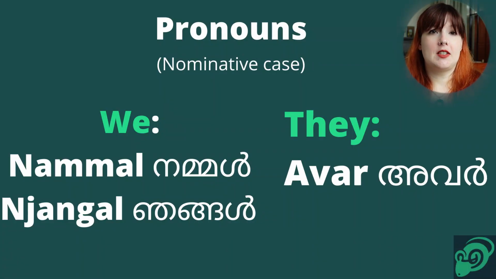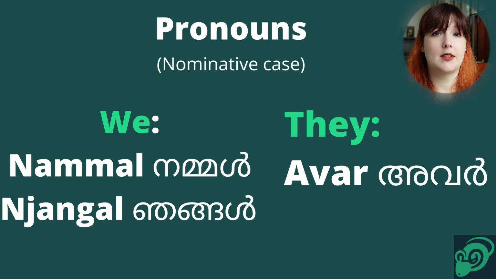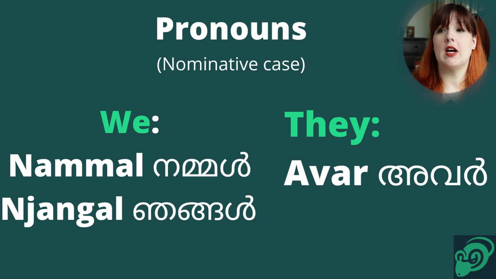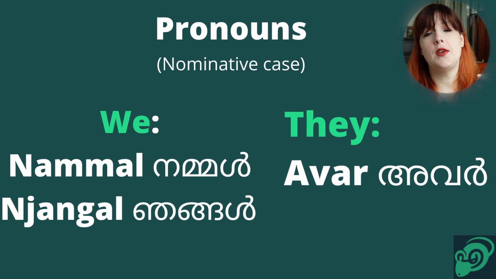Now, before we talked about you and me, and then last lesson we talked about he and she, today we're going to expand and talk about we and they. Now, if you don't speak a language with inclusive and exclusive we, this is a new concept. For English speakers, having two different ways to say we is a little bit confusing, but don't worry, we'll talk about it.